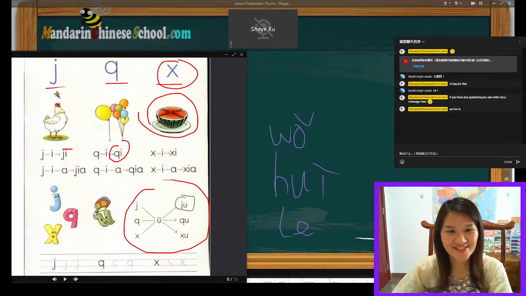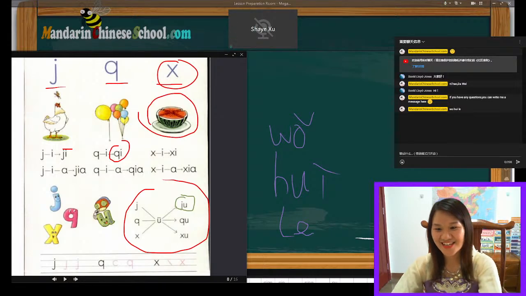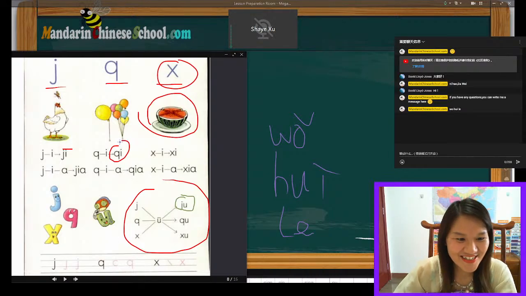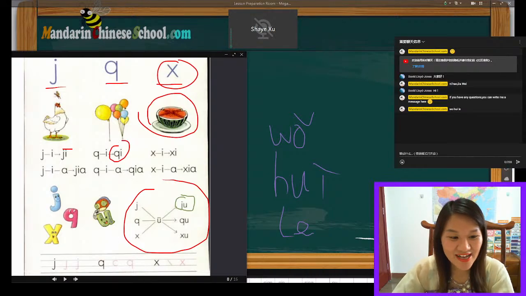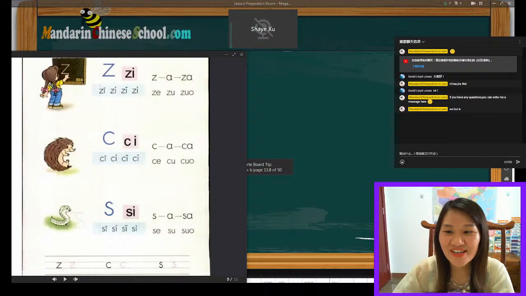我会了。Can you type this for me? 我会了，OK，那我们来看下面的吧，下一个，这三个声母，three initials,